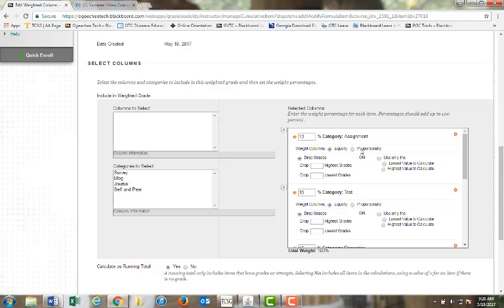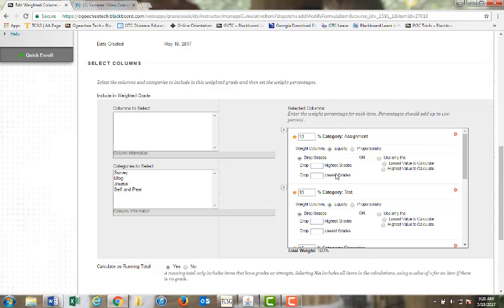Never change this equally, always leave this equally. If you are going to drop a grade, for instance, if you drop the lowest test grade or the lowest quiz grade or whatever, that is perfectly fine, and I'll tell you how to do that, but you should not do that until the very end of the semester. And the